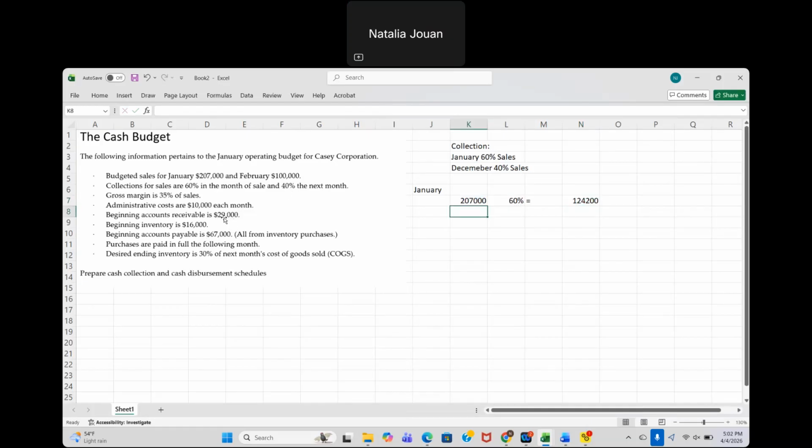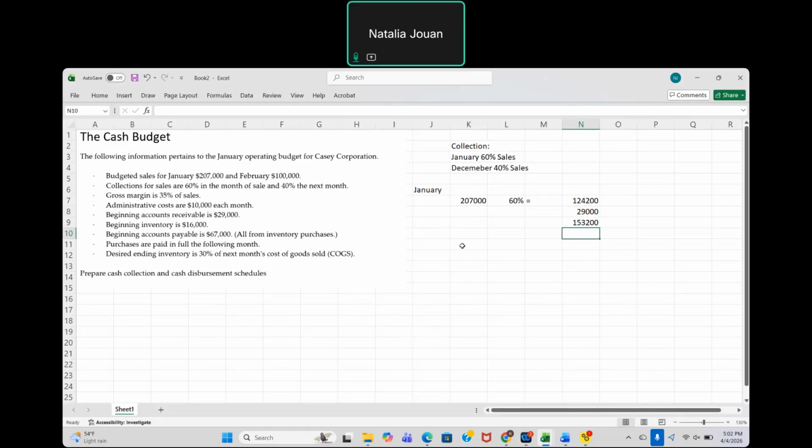That means that in December, we collected 60% of whatever we sold, and the 29 we didn't, which we're going to be collecting in January. That's what we're collecting now, okay? So December, we can just take the 29,000. We're going to be collecting in January, all right? Okay, so the total collections in January are